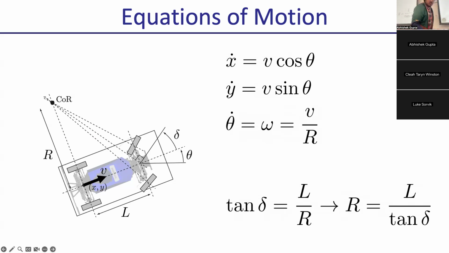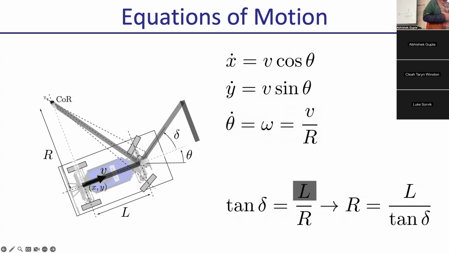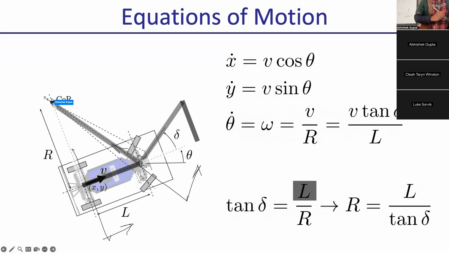Okay. So let's just recap, if you want to derive these things. All you have to remember about the instantaneous center of rotation is you take 2 points, look at their velocities. The 2 points you're going to choose are the rear axle and the middle of the front wheels. The car doesn't slip, so the front wheels move exactly in the direction of the steering angle, and the rear wheels move directly in the direction of the velocity. So the rear axle moves this way, the front wheels move this way. So when you draw the right angles, they meet at the instantaneous center of rotation. And so you're just going to work out your geometry by drawing these perpendiculars and doing a little bit of